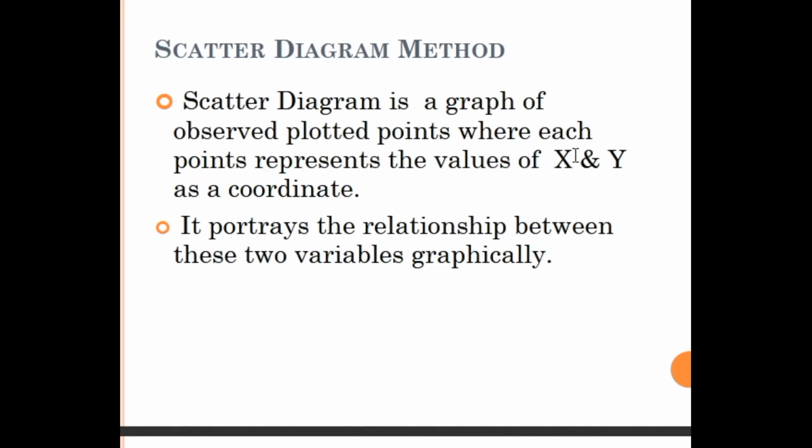For example, as I quoted here, x is one variable, y is another variable. Is there any relationship? How do you find the relationship in a scatter diagram? Remember, in the graph sheet, all the observed data are scattered or plotted. Then, after the points are plotted in the graph sheet, find whether there is any relationship between the variables or not, right? That is your scatter diagram method.